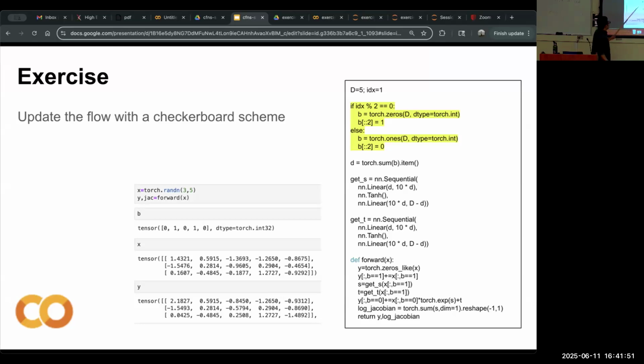So let's check if the checkerboard scheme is really working. The B tensor that I have here is 0, 1, 0, 1, right? And what we expect is that the ones that are copied identically are the indices that have 1. Therefore,